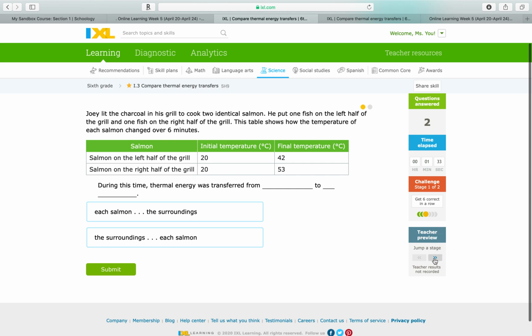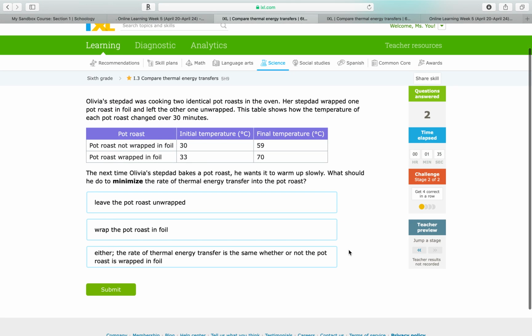Okay, now I'm gonna skip ahead to the next stage to help you with that one. It says Olivia's stepdad was cooking 2 identical pot roasts in the oven. Her stepdad wrapped one pot roast in foil and left the other one not wrapped in foil. And it shows the final temperatures. So the pot roast, the meat that was not wrapped in foil, it started at 30 degrees and its final temperature was only 59. Even though it was cooking in the oven for 30 minutes, the final temperature only became 59 degrees. The pot roast that was wrapped in foil started at 33, and after 30 minutes, the final temperature